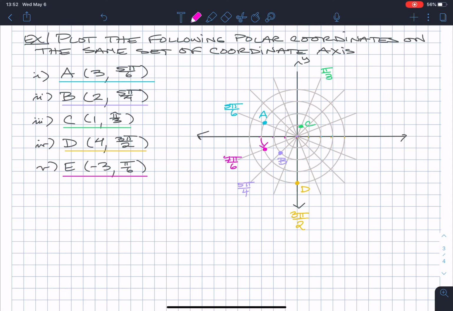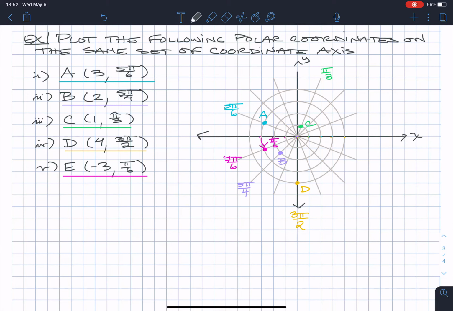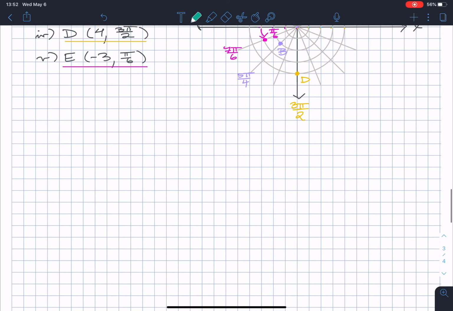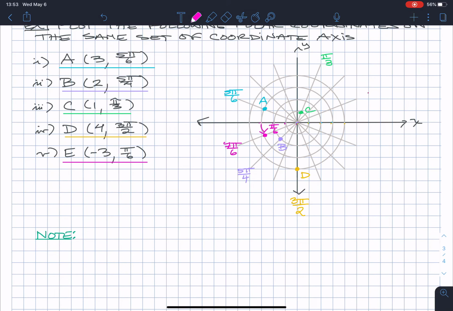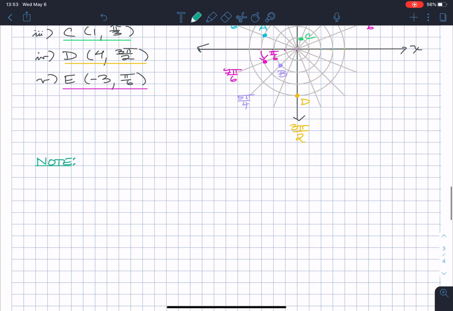So note that this angle here is just pi over 6 that I swept through. It was because my radius was negative. So we need to note that. What happens when your radius is negative? You're 180 degrees from the angle indicated. So note, do you agree that 7 pi over 6 is 180 degrees from pi over 6, right? So if your radius is negative,